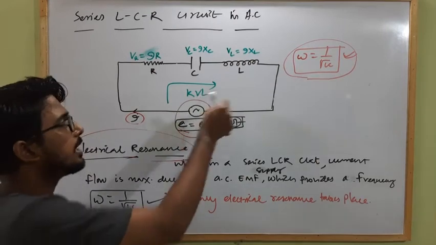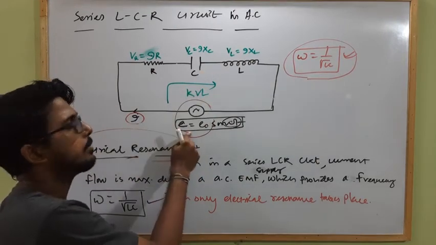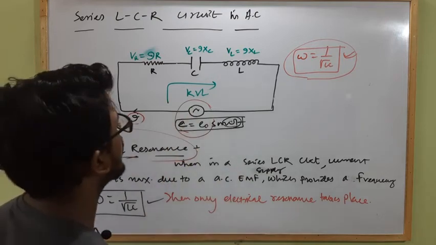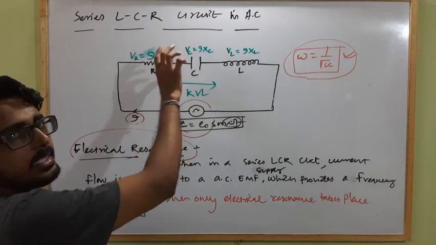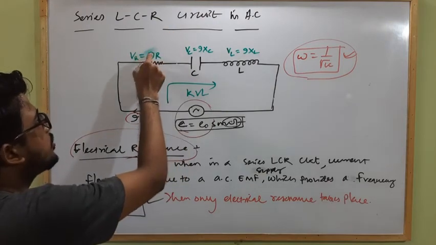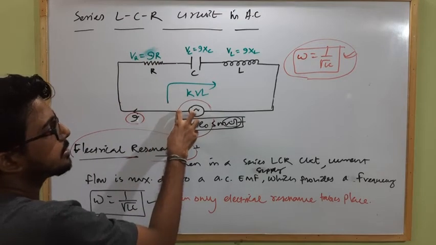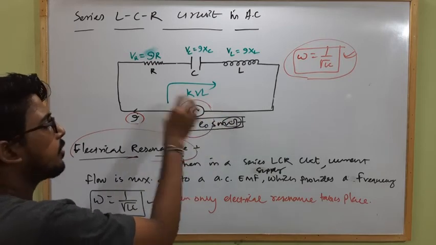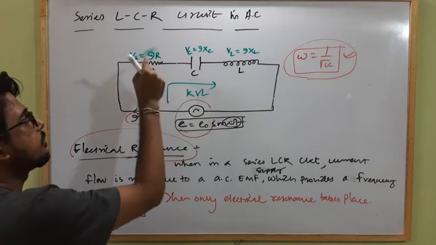If we are taking at any instant, generalize we are taking for the RMS value of current and RMS value of EMF. That's why it will be easy. If we want, we can take it for any time varying current at any instant. Here I am taking I constant, the RMS value, and E is the RMS value of the net supplied alternating EMF. But if I want, then I also can take I equal to I naught sin omega t for resistive